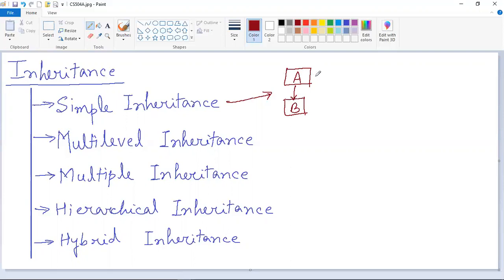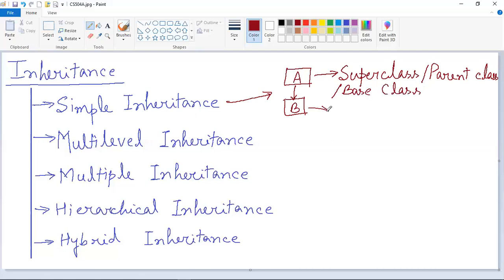The class which is being inherited is known as superclass or parent class or base class, and the class which inherits another class is known as subclass or child class or derived class.